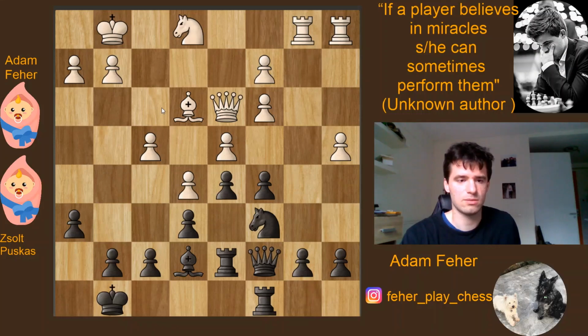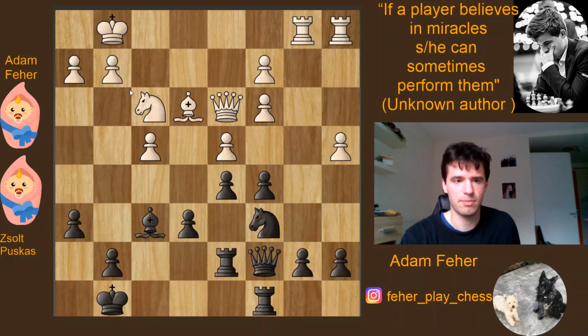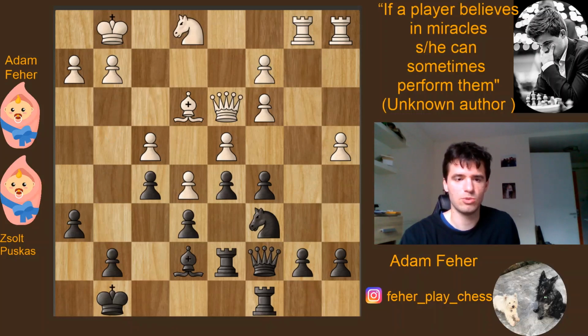Well, I was also a bit afraid that I would get mated, so I played the move f5, which I think is quite nice. Here, probably you could have tried, well, take on f6, that makes the most sense, and then after bishop f6 he can come back, go on with his attack. So this would have been probably better, but then he played the move queen e2,